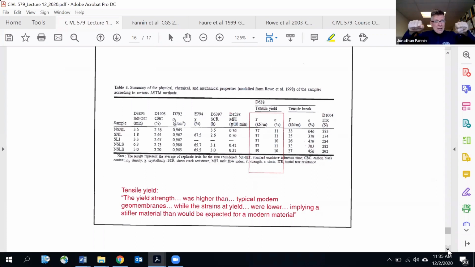Remember, there can't be a like-for-like comparison, so it's kind of, this is what we measured, and here's a generic expectation, implying the geomembrane is stiffer than would be expected for a modern material. And all of that is what led Kerry Rowe. We're not looking at the clay liner, but they looked at the geochemistry of the clay, because this geomembrane,